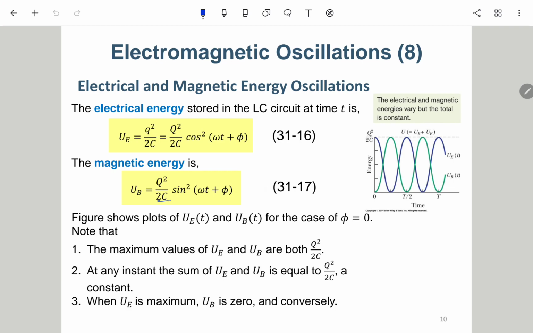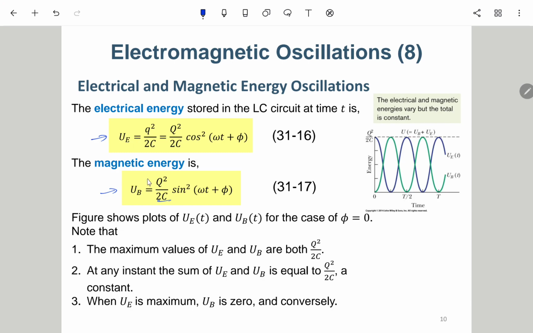After getting the expressions of UE and UB, we can observe that if we take phi equals 0 on this graph, the maximum values for UE and UB are both Q square over 2C, because the maximum value of cosine is plus or negative 1, and plus or negative 1 squared is 1. So the maximum value is Q square over 2C for both cases. And if you add them together,